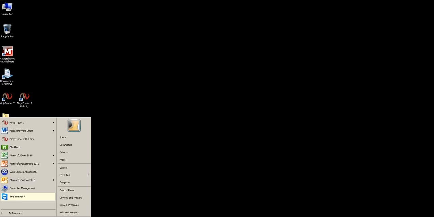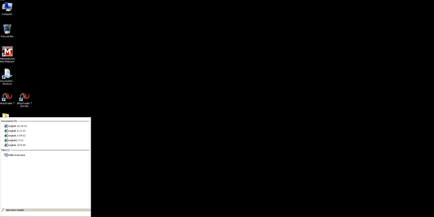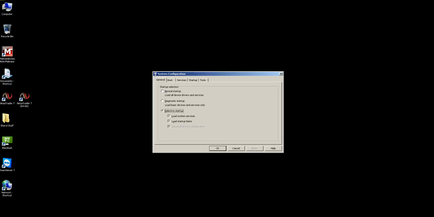Okay, the next thing we want to do is make sure that every time you boot the computer, there aren't millions of little things running in the background. And the way to take control of that is by opening a run box and typing in msconfig. All right. When you do that, it brings up the standard system configuration application that is in all of